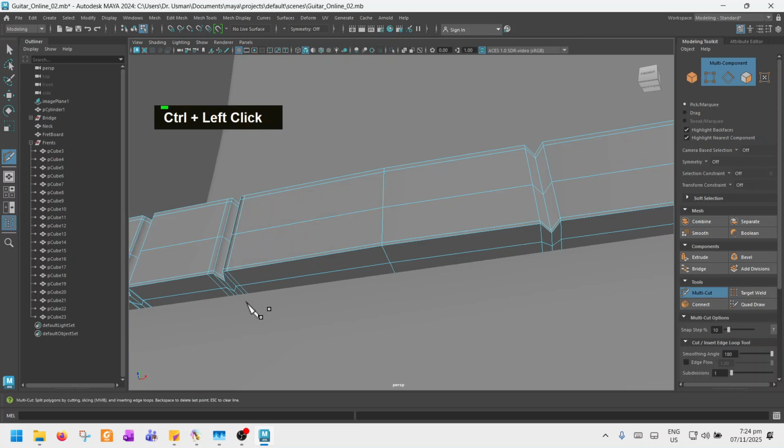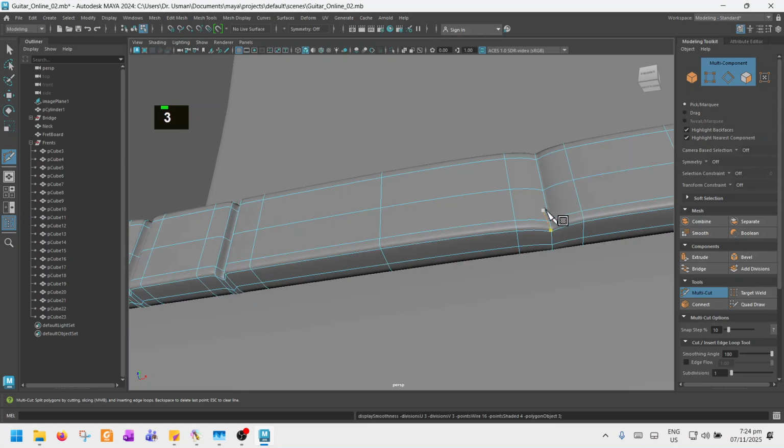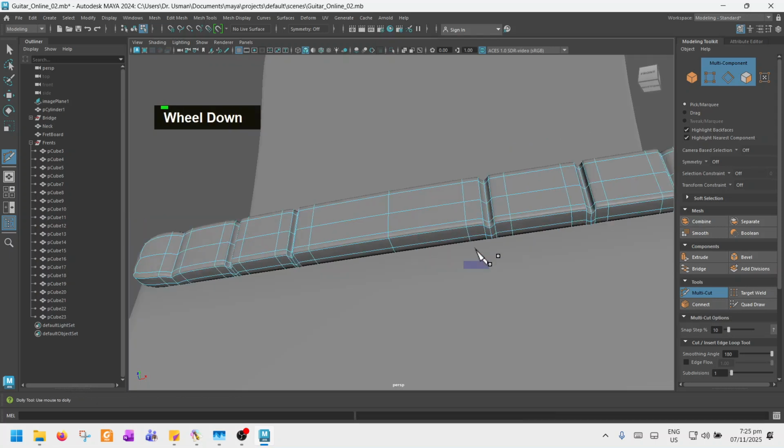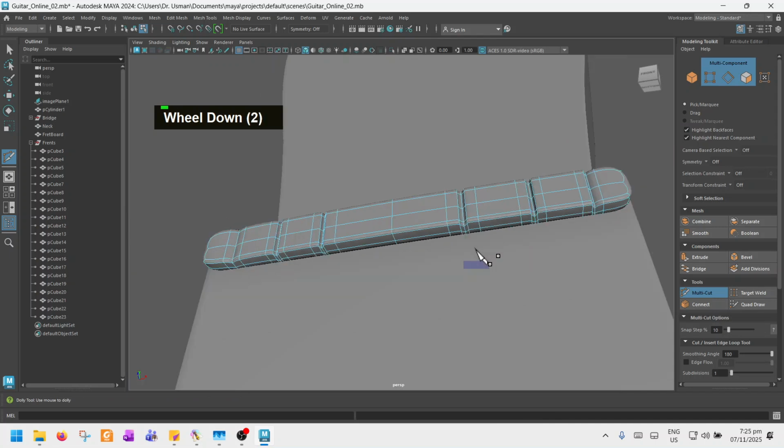Now I press 3 from my keyboard, and you see this is good but this is not good, so let's do this again. Here for this, let's insert one cut here, one loop edge here. Now I press 3, so you see the shapes are holding on. The last one is not good,